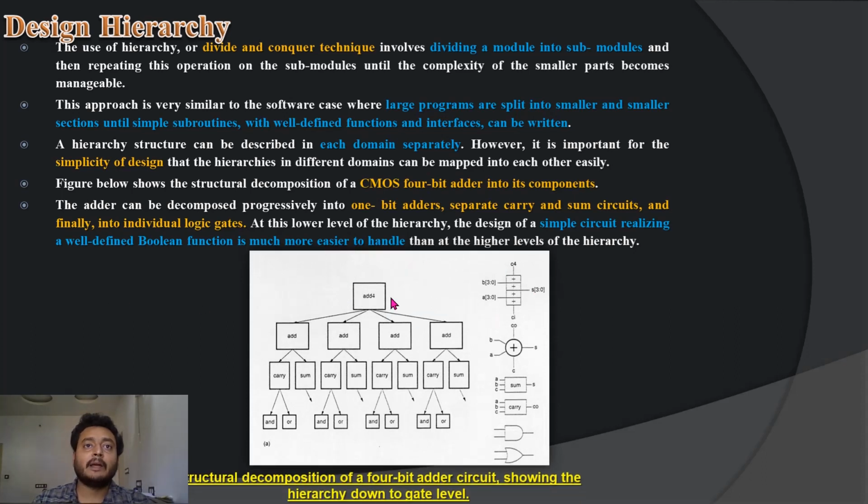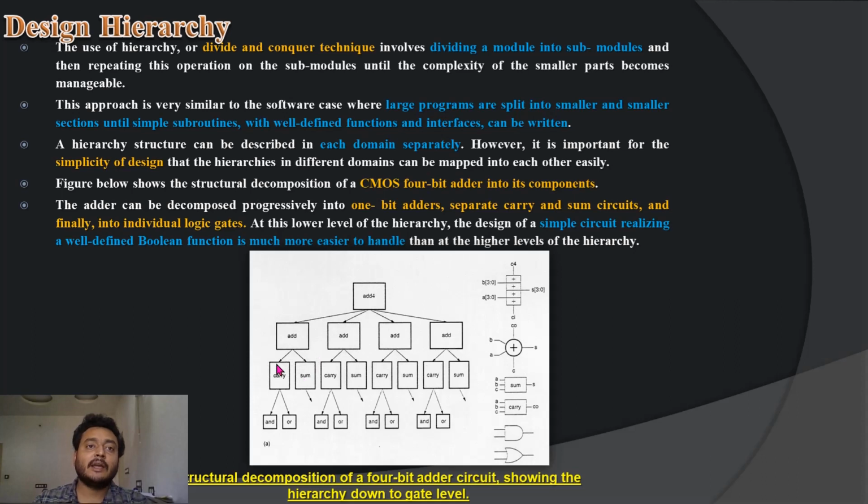You can take an example here. We have the add 4 unit. This is the first block you want to design, and you can build this add 4 using 4 single add cells, dividing in a hierarchical manner. Each add cell consists of a carry circuit and a sum circuit.